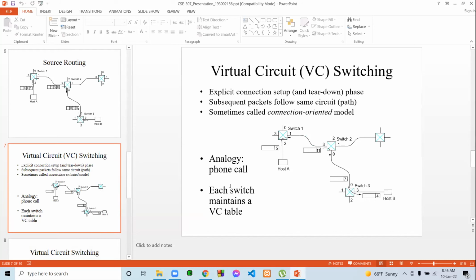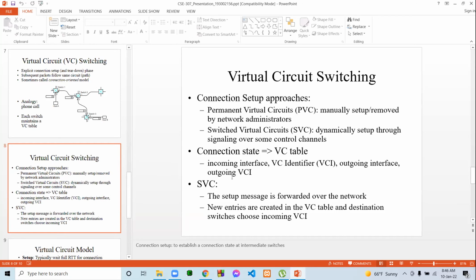In a virtual circuit, a path is routed and established before any packets are sent. Then all packets follow the same route, like an analog phone call. Each switch maintains a VC table. Virtual circuit switching is a connection setup approach: switched virtual circuit (SVC) with dynamic setup through signaling over some control